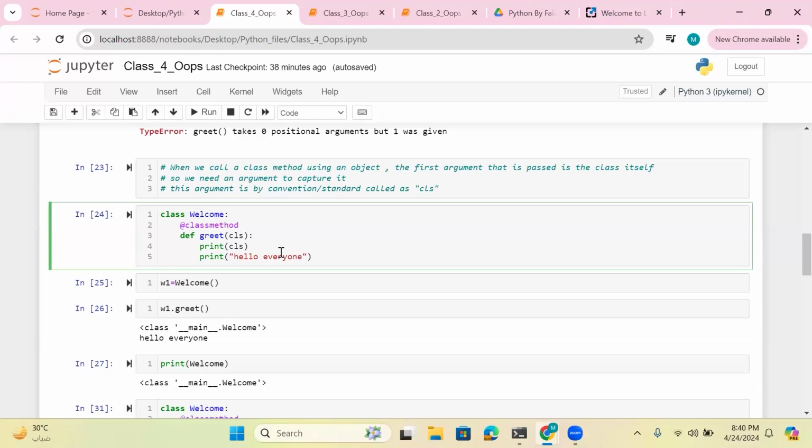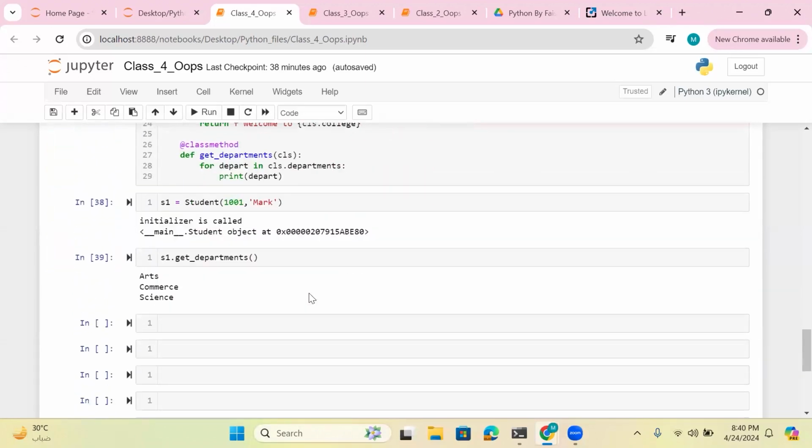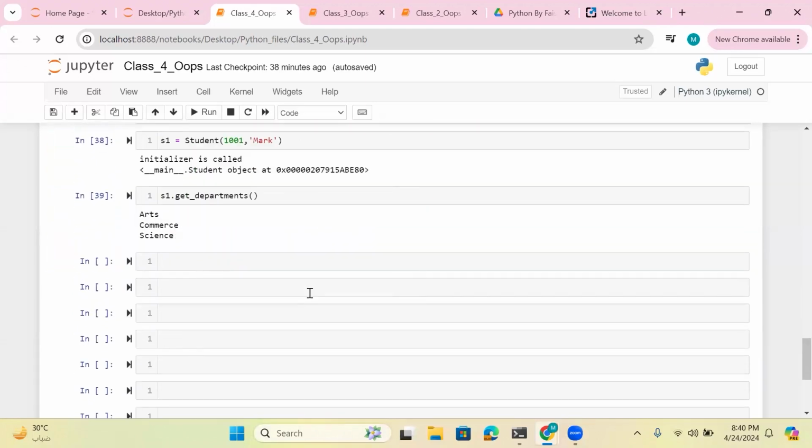Why do we need this? That's what I'm saying. I'll just show you why we need class method. There is some reason we have class method. Okay. Let's say